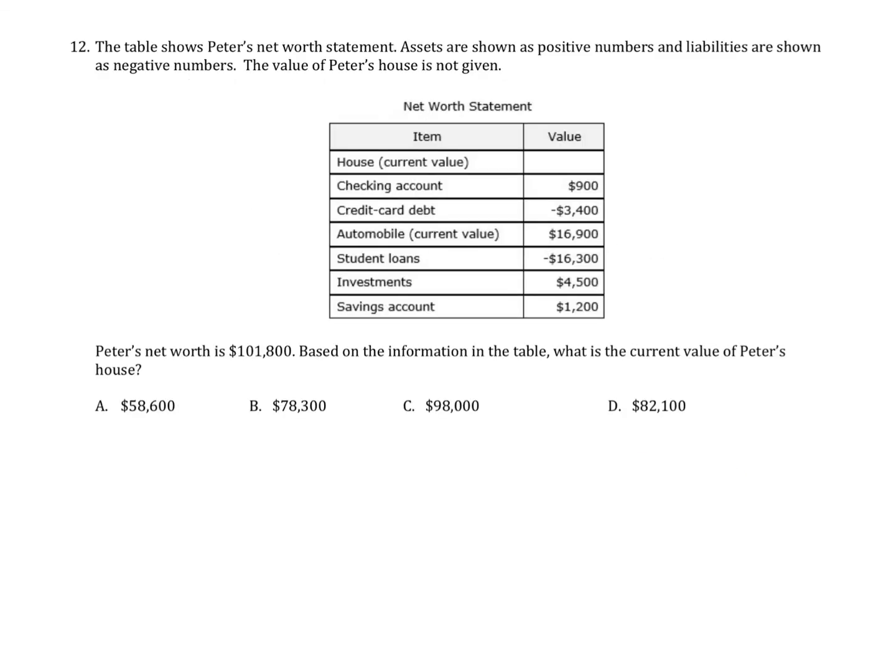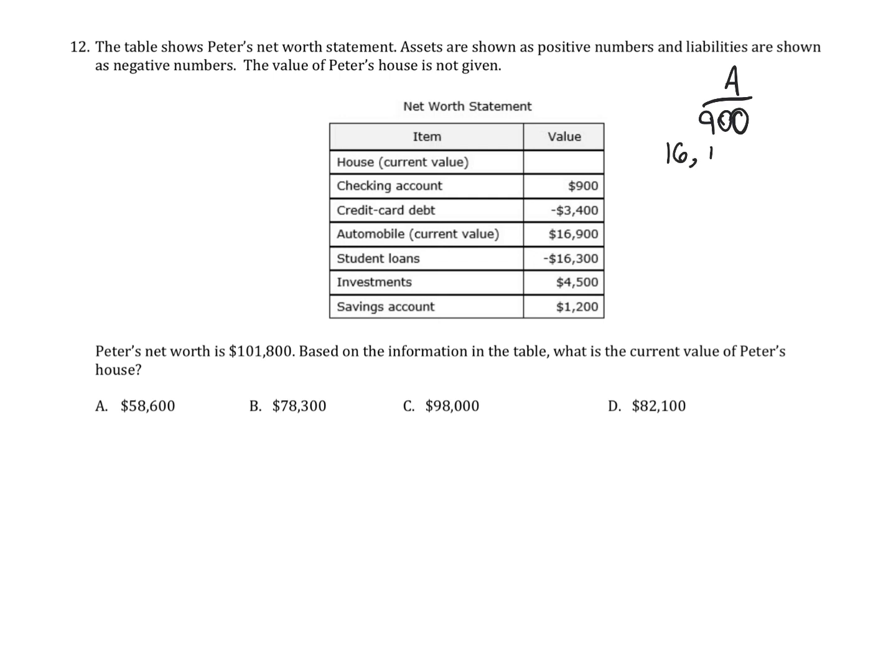Number 12 says the table shows Peter's net worth statement. Assets are shown as positive numbers and liabilities are shown as negative numbers. The value of Peter's house is not given. So it says Peter's net worth is $101,800. Based on this information in the table, what is the current value of Peter's house? So first thing is we need to add up our assets. So we have assets over here. We're going to do 900